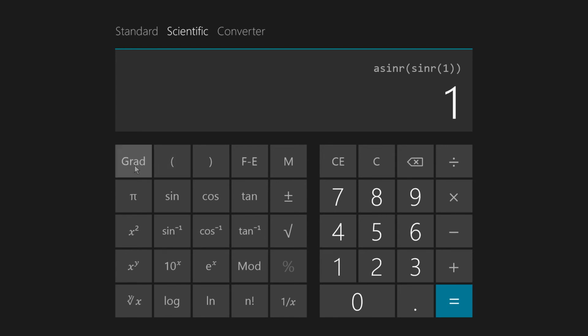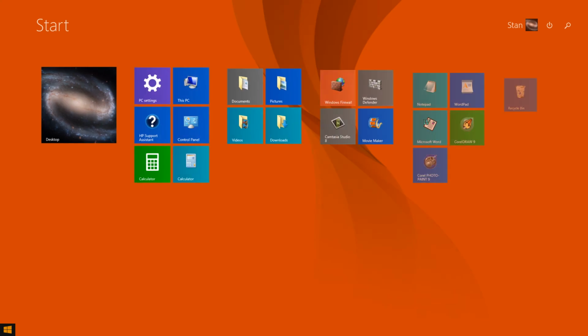And now I don't know what grad is, to be perfectly honest with you, and I don't know what F-E means, but play around a little bit with this, and all you've got to do is pin it to your taskbar. And the way that I did that,